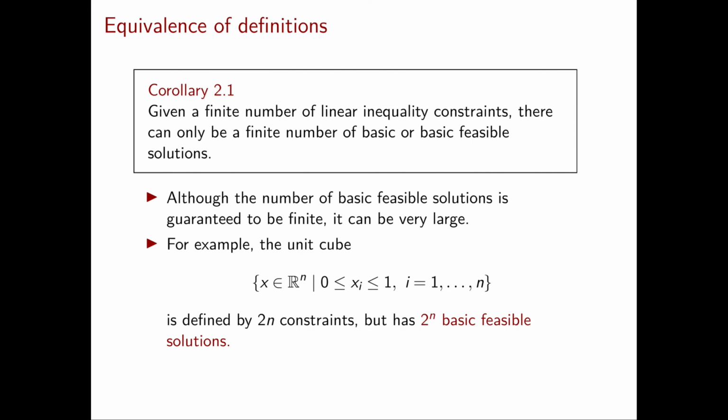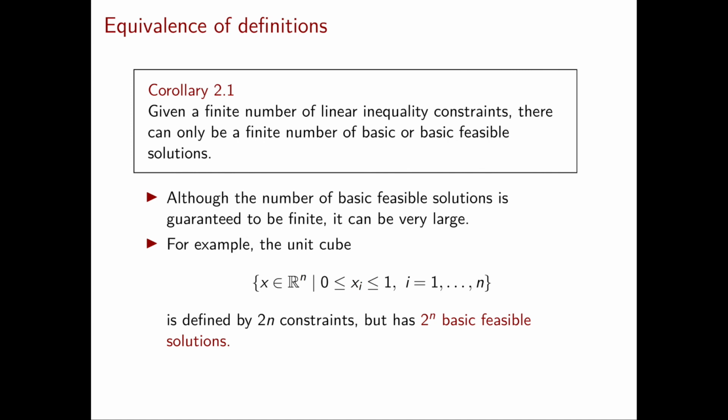We could just enumerate all the basic feasible solutions, for each one of them calculate its objective value, and select the one with the best objective value. This will be an optimal solution of our linear programming problem. This is true. This algorithm works and it's correct. This algorithm also runs in finite time because of the corollary we have just seen.